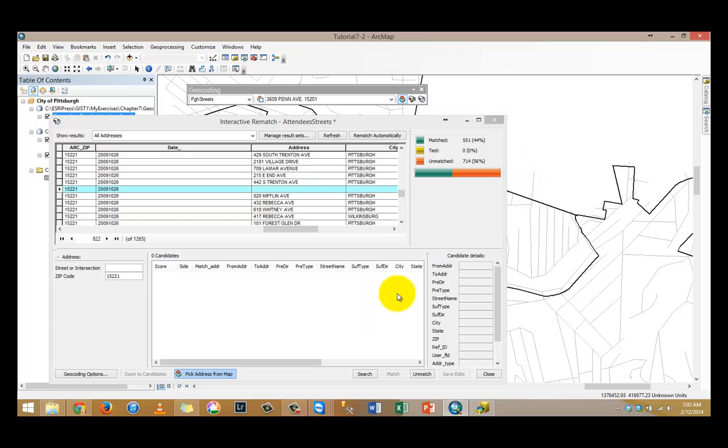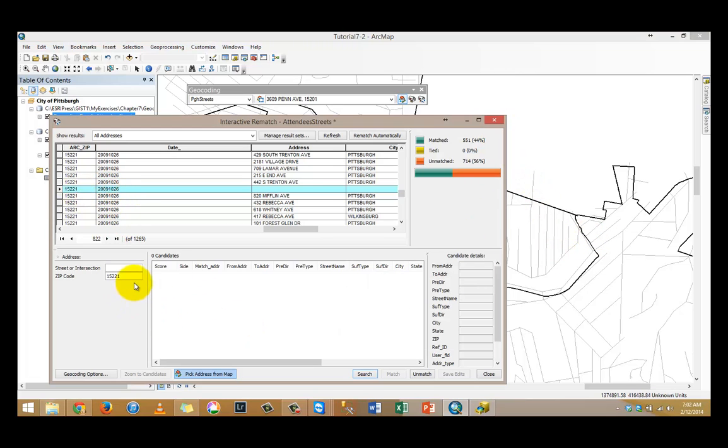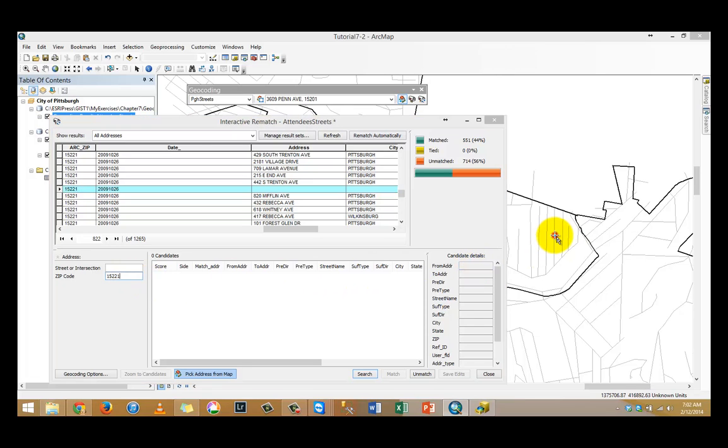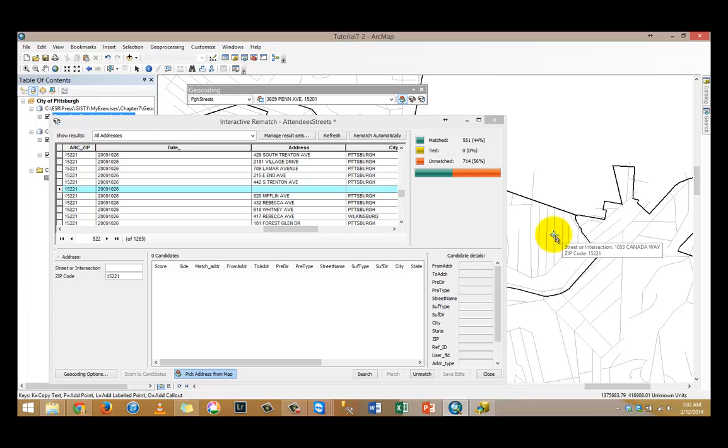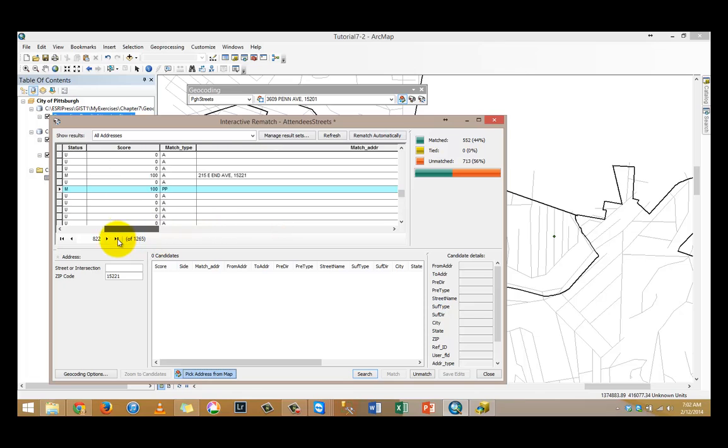We'll close that. Since this is Canada Way, I'm gonna pick somewhere in the middle and right click here and say pick address. So essentially it is picking up an address there, and